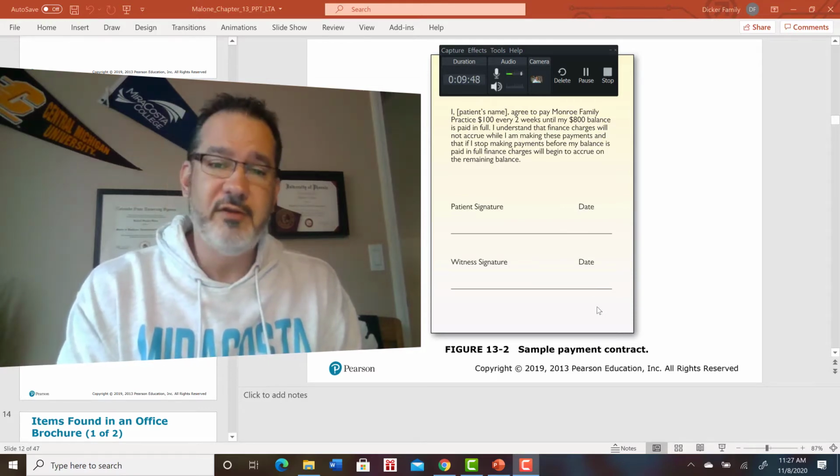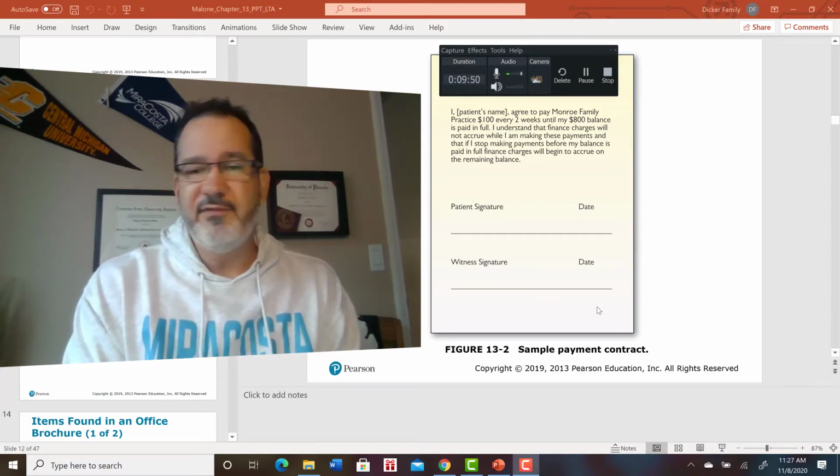We'll document them in the chart that we made these arrangements, but oftentimes, it depends on the practice, so it's typically situational. But a family practice like what I've worked in most of my career, we get to know patients fairly well. So when we know that they're having a financial hardship, we'll typically work out a deal with them to pay back whatever, because basically what the doctor's office has done is given you credit. If you amount a bill, like in this situation, $800, we've given you $800 worth of credit, right? So then you need to pay that back.